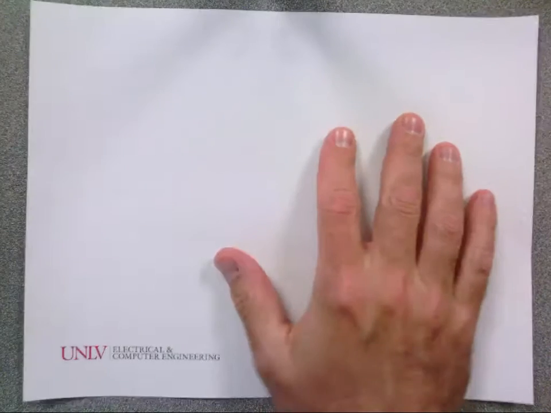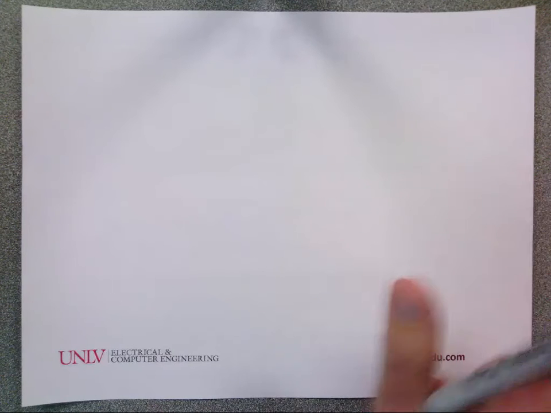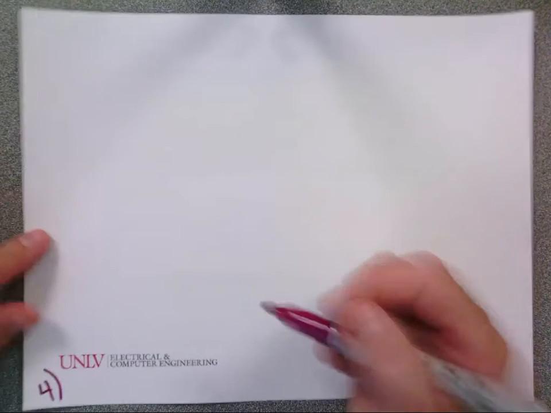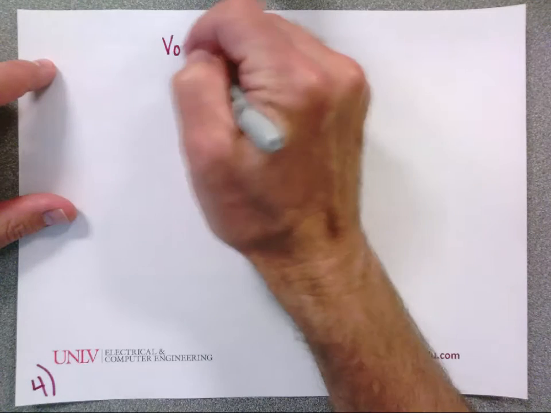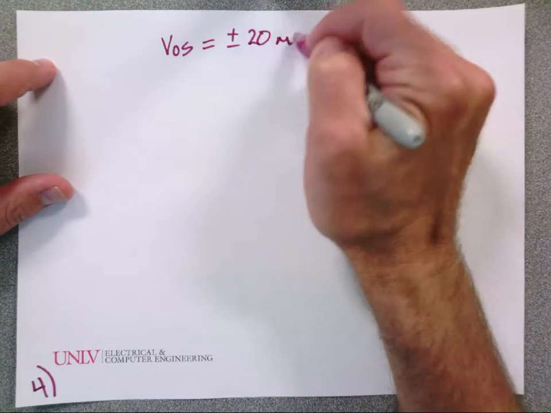I want you to do an example of the offset in your projects. Offset is something you subtract out of the accuracy. Sometimes you can't get rid of it. If you play games fiddling with the device sizes so the sim looks good, that's not good design. So if I say your V offset is plus or minus 20 millivolts,